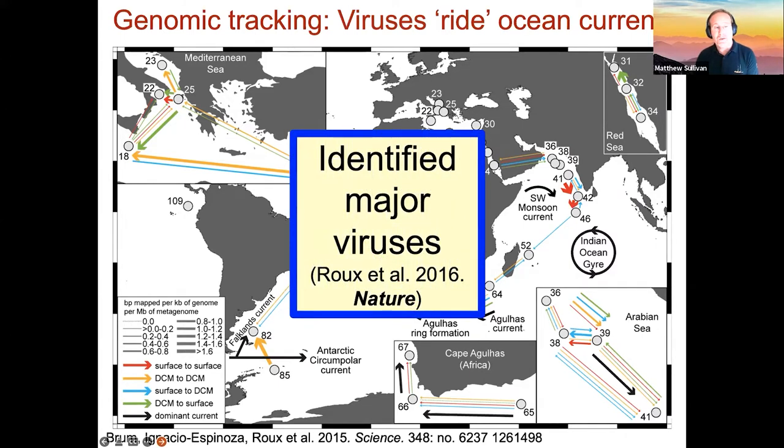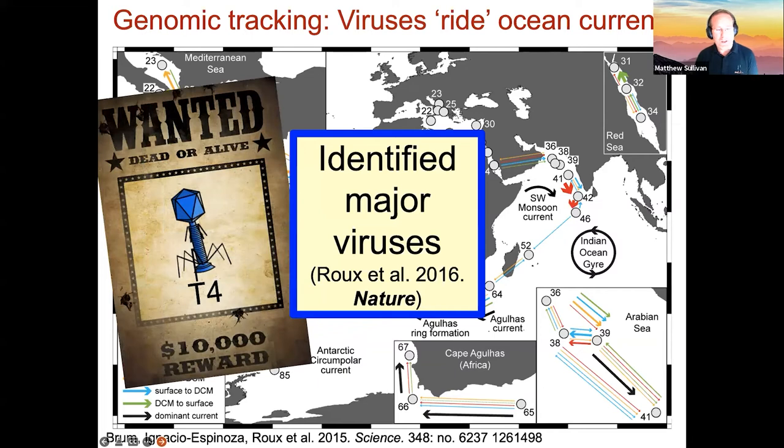Beyond just tracking flow of viruses, we could identify which viruses are even out there. And when we did this, the most abundant virus genus was the T4 viruses. And these are the basis of molecular biology. If you use any PCR reagents, if you use genetic and cloning reagents, a lot of those derive from a virus like this that infects E. coli. And so we've spent time unpacking what makes an ocean T4 different from a sewage or a gut T4.